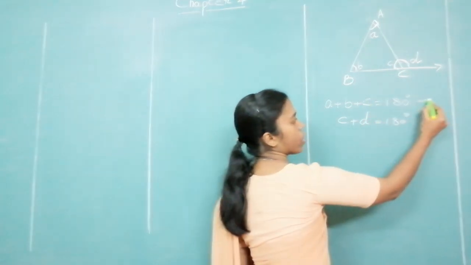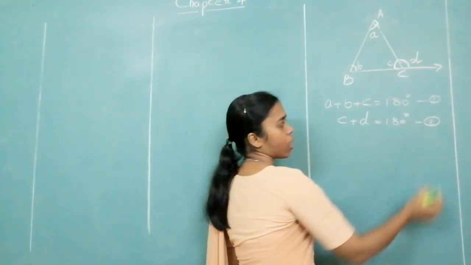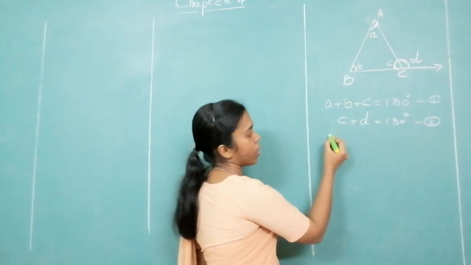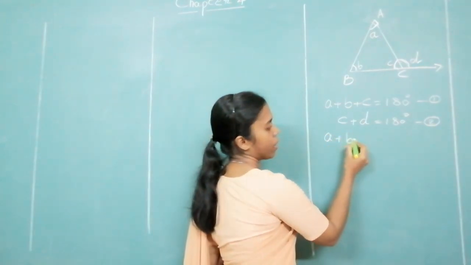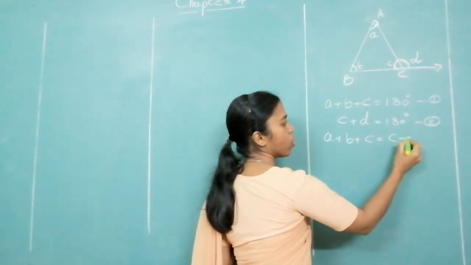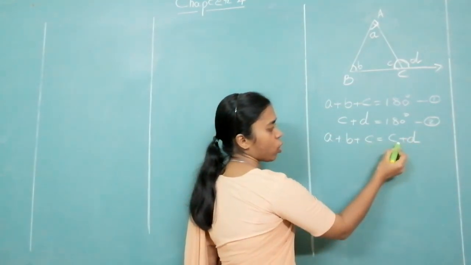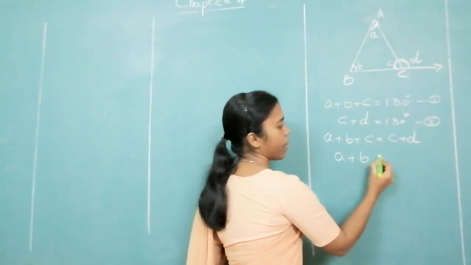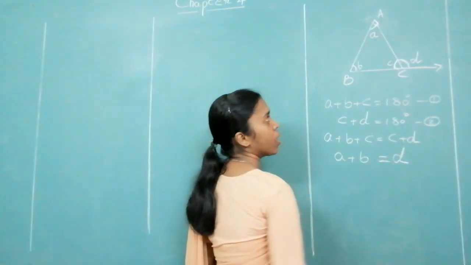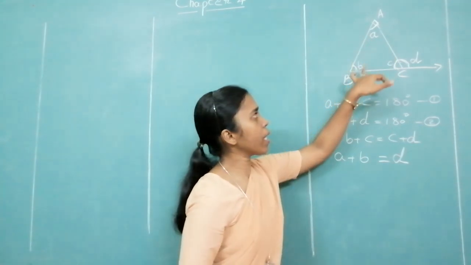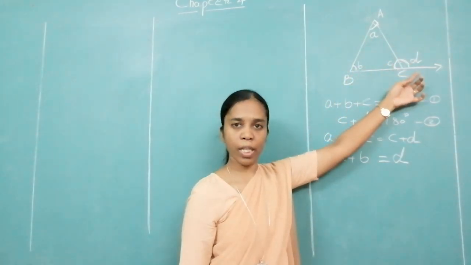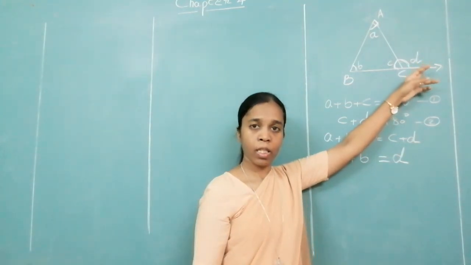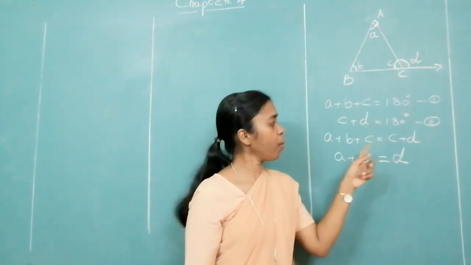Now look at these two equations. Suppose this is my first equation, second equation. Look at them. Right hand sides are equal. If right hand sides are equal, then the left hand sides also will be equal. That is A plus B plus C is equal to C plus D. What is common on both the sides? C. So you subtract it. So what remains over here? A plus B is equal to D. Now look at A and B. This is A, this is B and this is your D. That is D, which is the exterior angle, is equal to the sum of